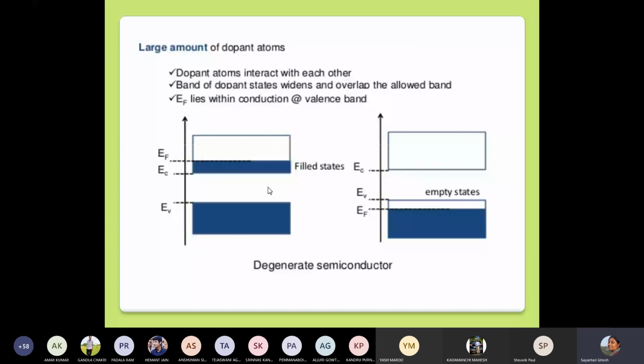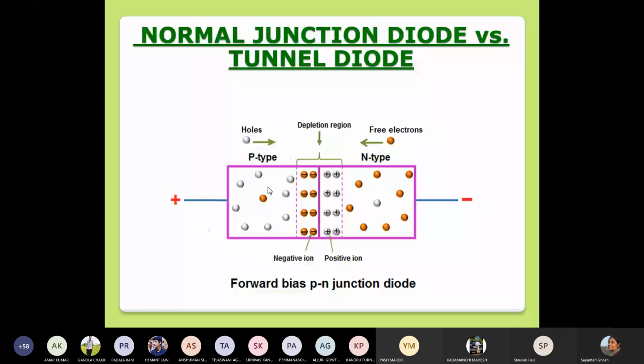Now, just keep this in mind, and let us try to understand how the current flows in case of normal diodes, and what can differ here if I have a very high level of doping in a tunnel diode. So say this is a normal diode. You have a depletion region, and the depletion region is a little bit wide. Now I have added a positive bias. The p-type side is connected to the positive side of the battery, and the n-type side is connected with the negative side of the battery. So the carriers will get attracted and they will start flowing. That is what we already know, right?